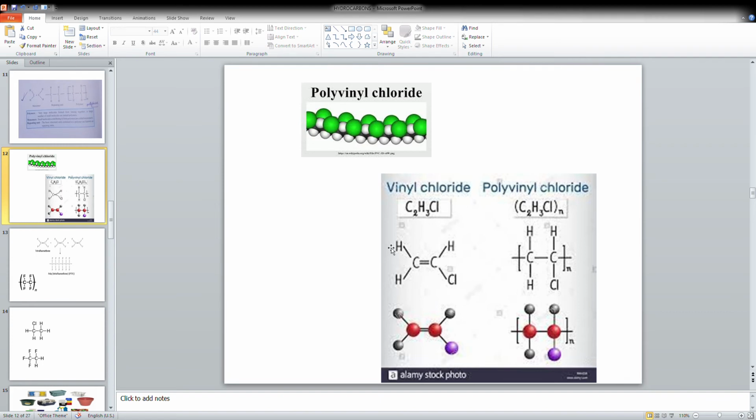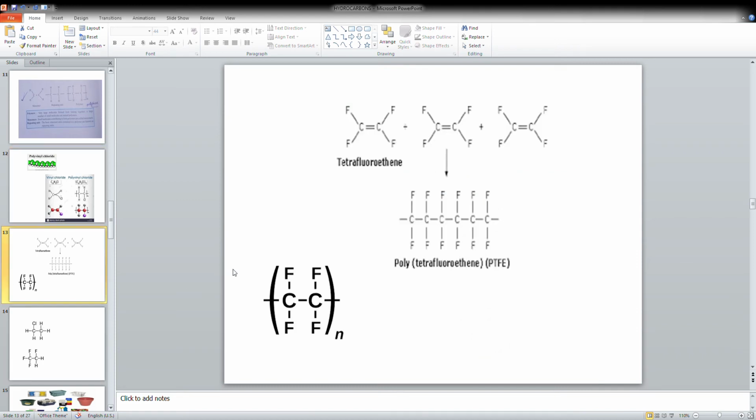So replacing one hydrogen, we put chlorine here, right? This structure we call vinyl chloride. You get vinyl chloride from ethene. That's why we call it a derivative of ethene, right? Again, same as polythene, we get this polyvinyl chloride, or PVC, right? Later on we can see the uses of PVC and all that. Until then, let's see the next one.